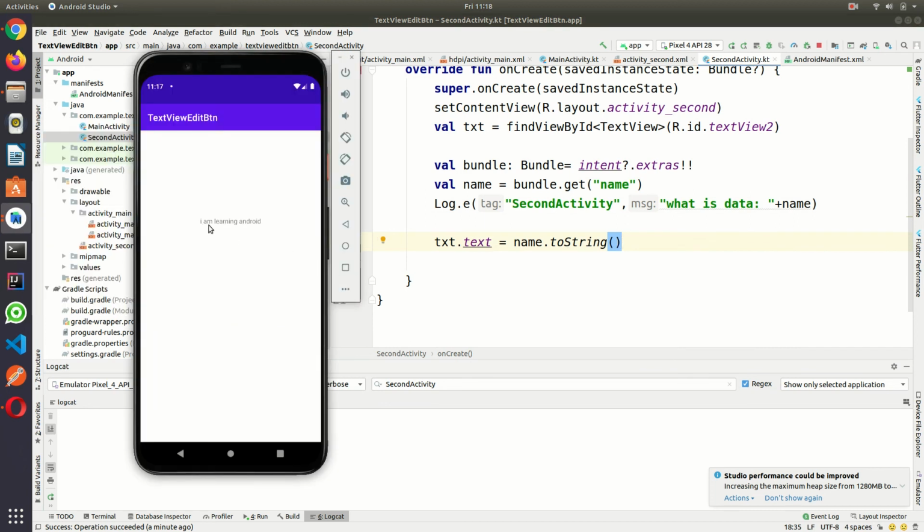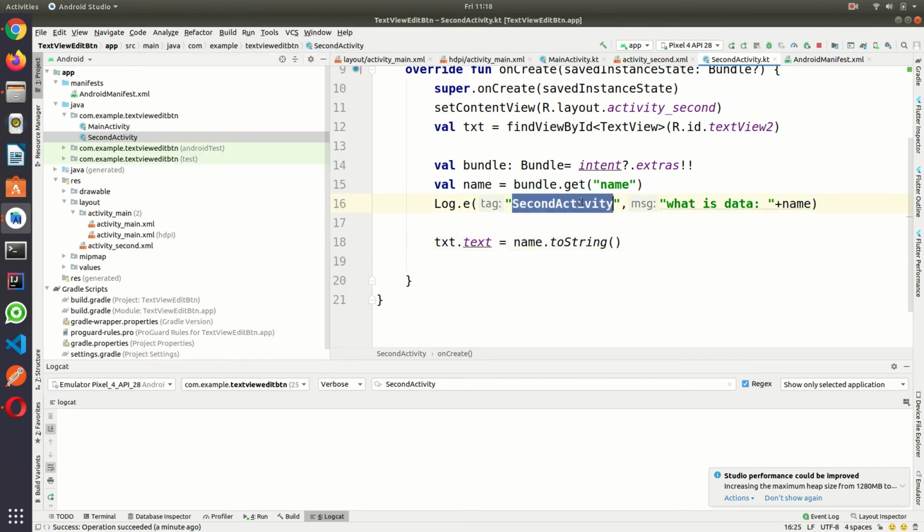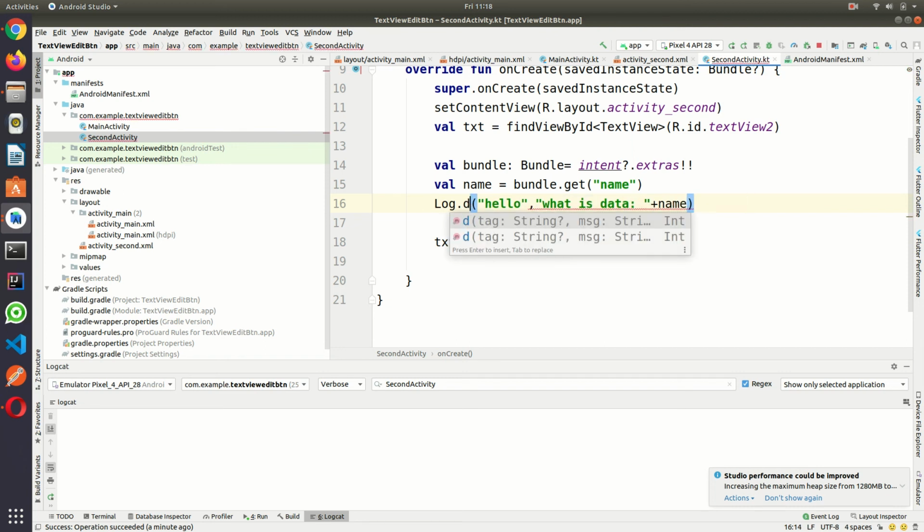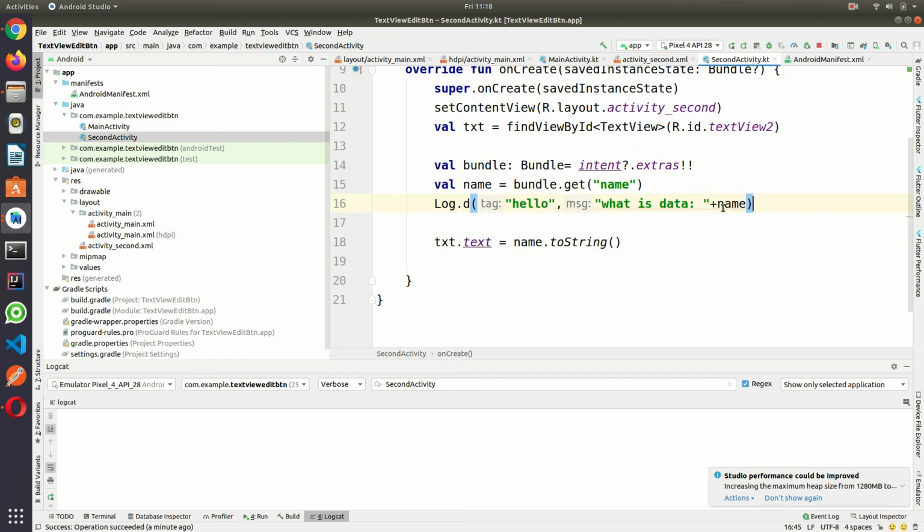But here it came. Why is it not coming here? Let me add Log d, then we'll check.